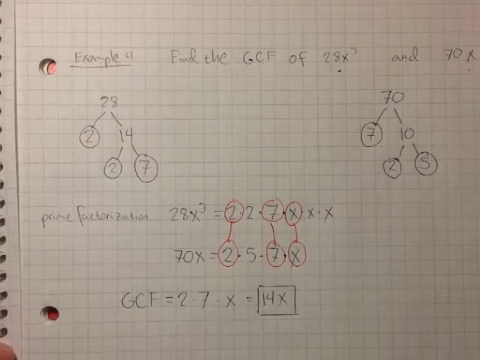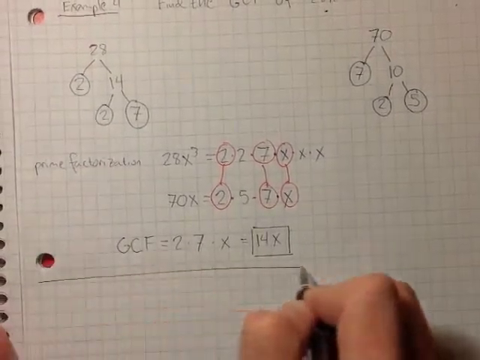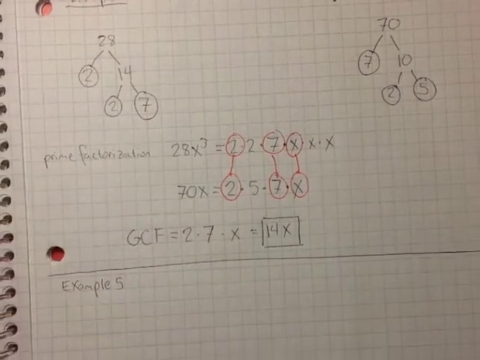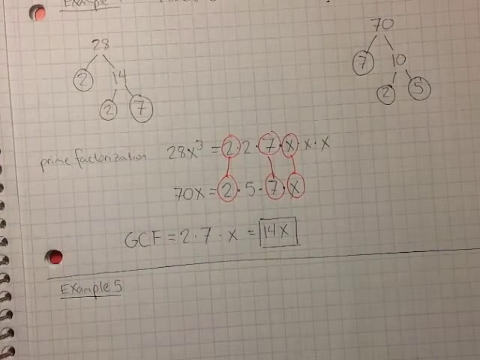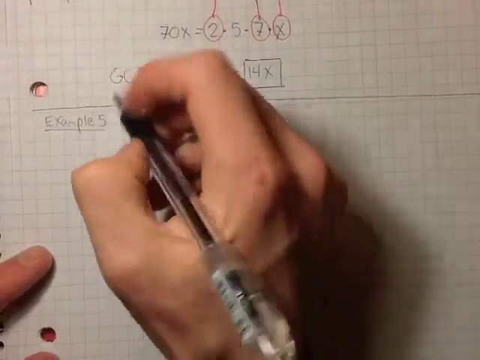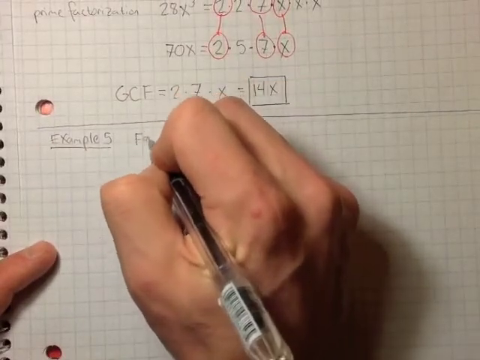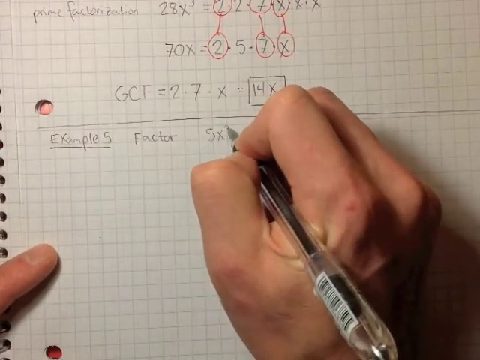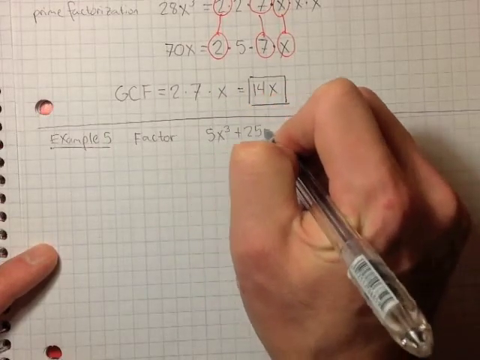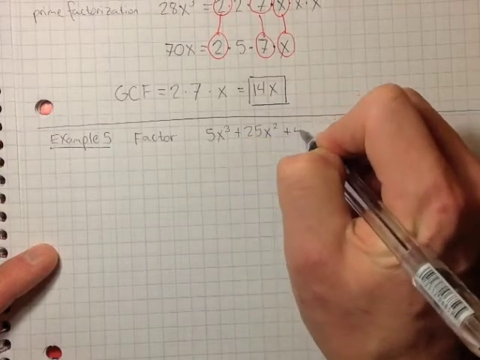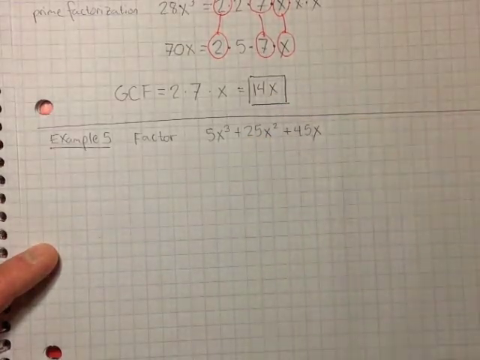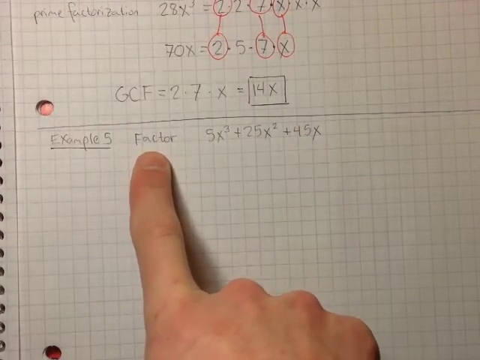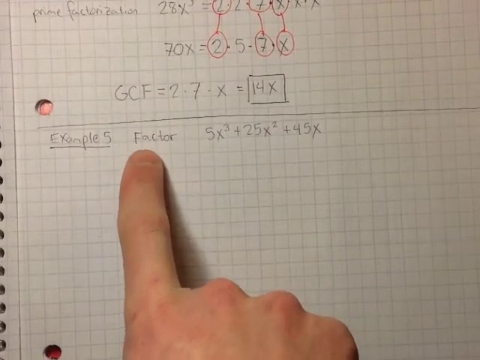Alright, now let's make this even more complicated. We're going to look at an example 5. Now, let's say the directions to this problem are: factor 5x cubed plus 25x squared plus 45x. Now, that is a one-word direction, factor. All it means is, in this case,